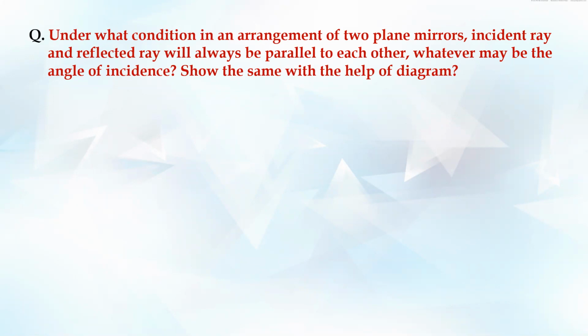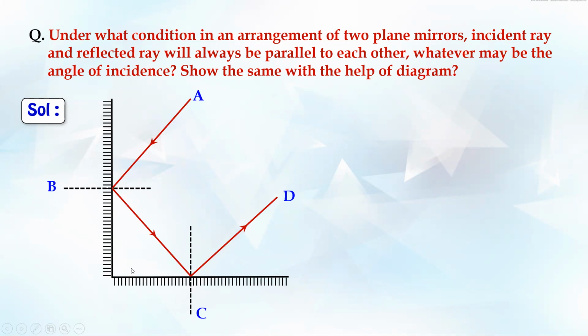So in this case, we have two mirrors, right? We have to find such a criteria in which incident ray and reflected ray will become parallel to each other. It's only possible if both the mirrors are perpendicular to each other. Incident ray comes, hits, it goes and hits the mirror again, and the final reflected ray and the initial incident ray will be parallel to each other. So both the mirrors should be perpendicular to each other in this case. Sure. The next one now.